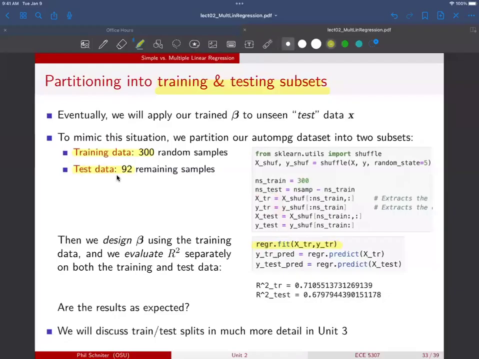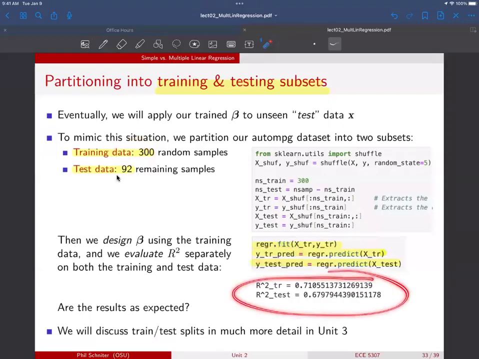When we do prediction, we can do prediction on the training labels, but we can also do prediction on the test labels. So this one has 300 predictions on it, and the other one has 92 predictions. And then we can compute R squared for each of these. When you do that, you notice that we get, again, 0.71 for the training and 0.68 for test. So let me ask,